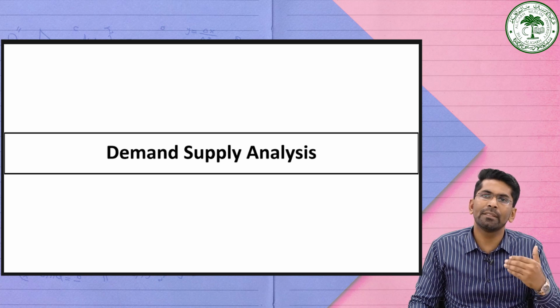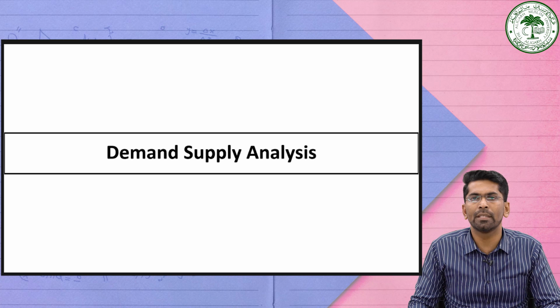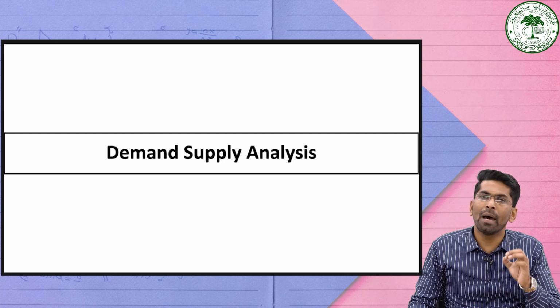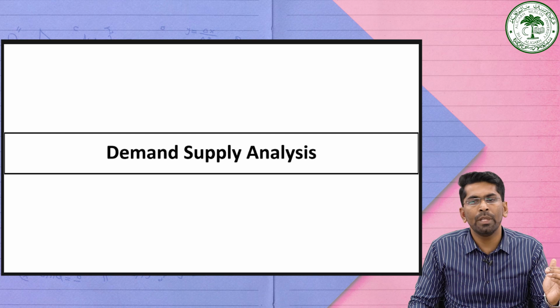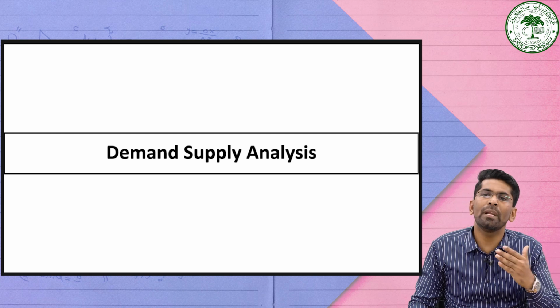The demand is inversely a function of price and the supply is positively a function of price. The equilibrium in the market occurs where the supply is equal to the demand, leading to the determination of